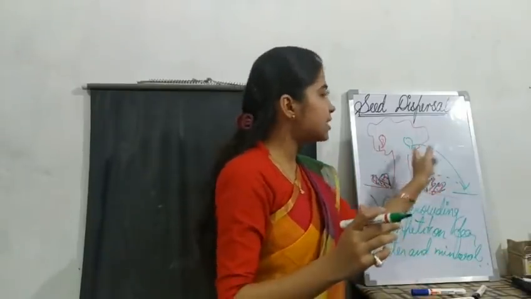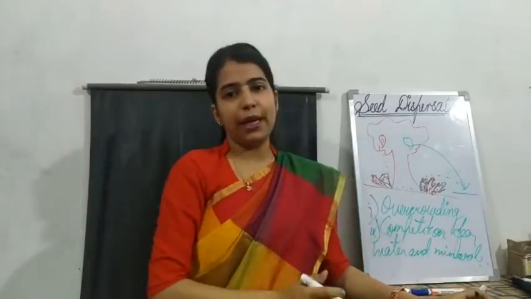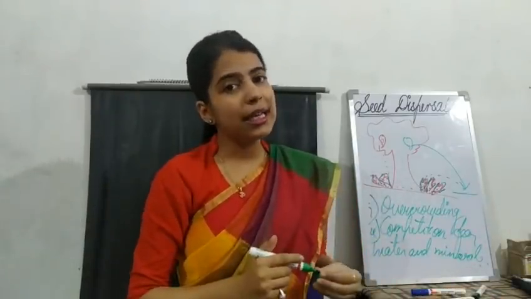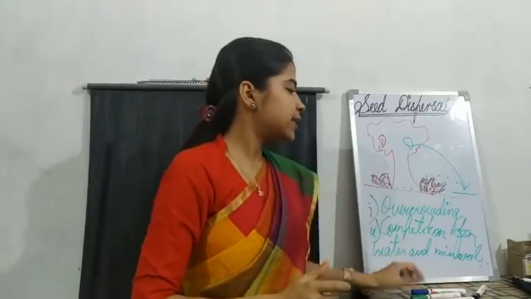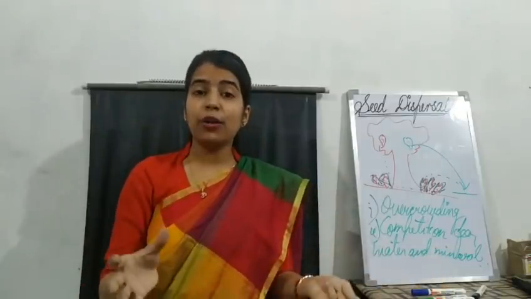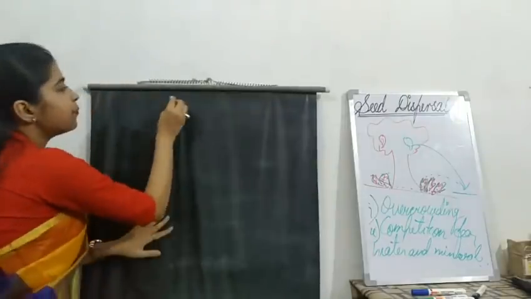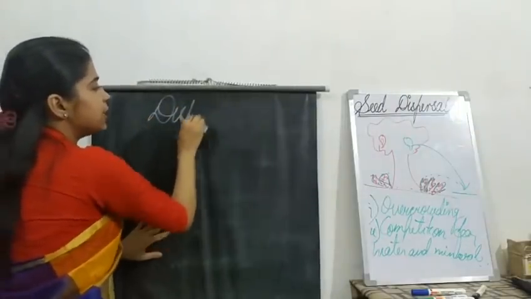So this process of carrying seeds away from the parent plant is called seed dispersal. Seed dispersal simply means scattering of seeds, or in an easier way, you can say that dispersal of seeds means